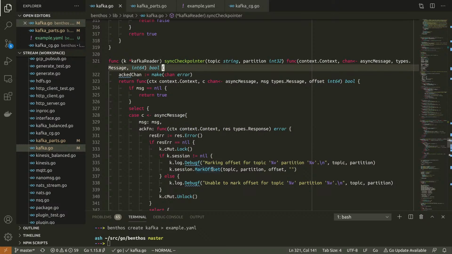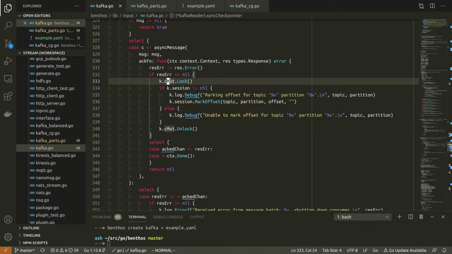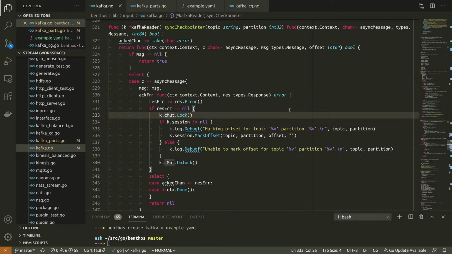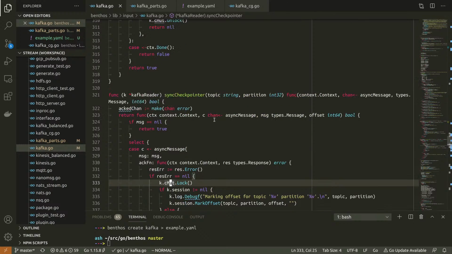The only purpose in coming up here is to see where mark offset gets done. So this is a call. We lock that mutex. This is the same shared mutex that I showed you earlier. What it essentially does is it means that the session can't be changed while this happens. And what we end up doing is we mark the offset and then we unlock the mutex. So this is still going to happen even when we don't have any offsets to mark, because we don't care about them. I could optimize this out, but nah, not worth changing it for now.